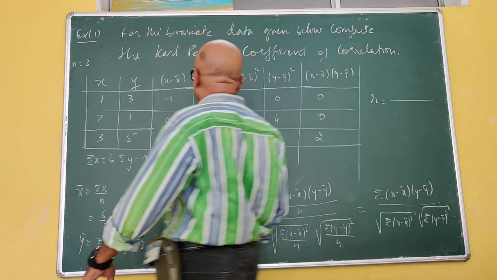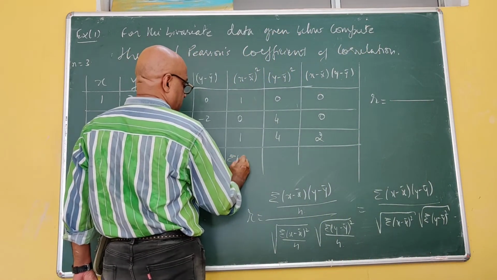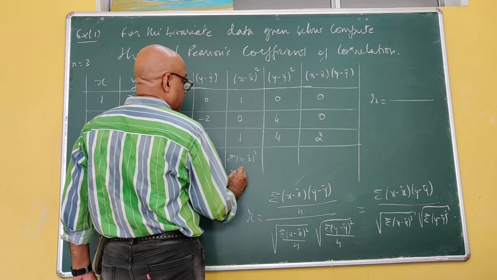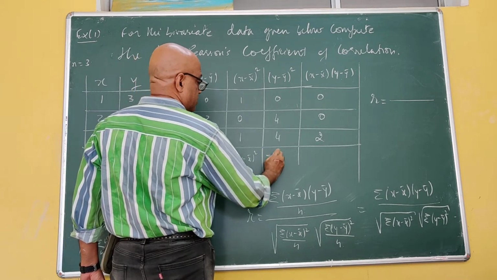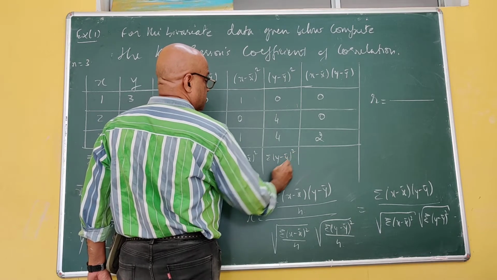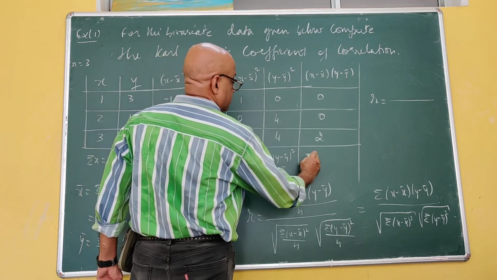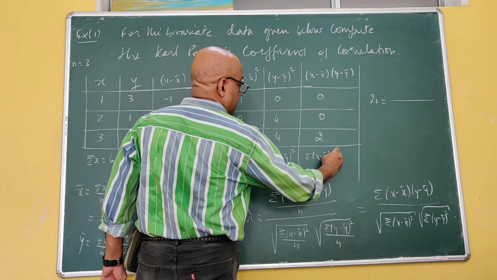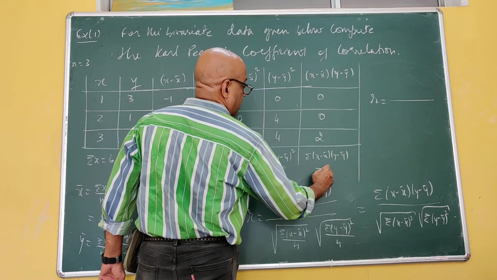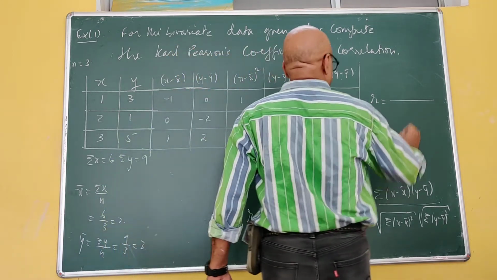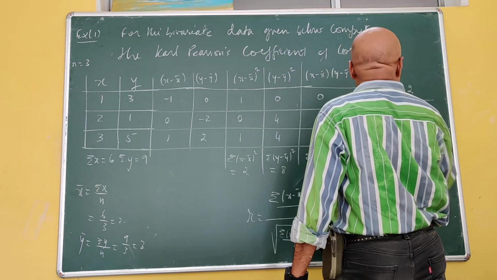You see, you have to write summation. This is what I require. Summation x minus x bar the whole square becomes equal to 2. Summation y minus y bar the whole square becomes equal to 8. Summation x minus x bar into y minus y bar is 2. So what you are left with is you get a 2 on top,